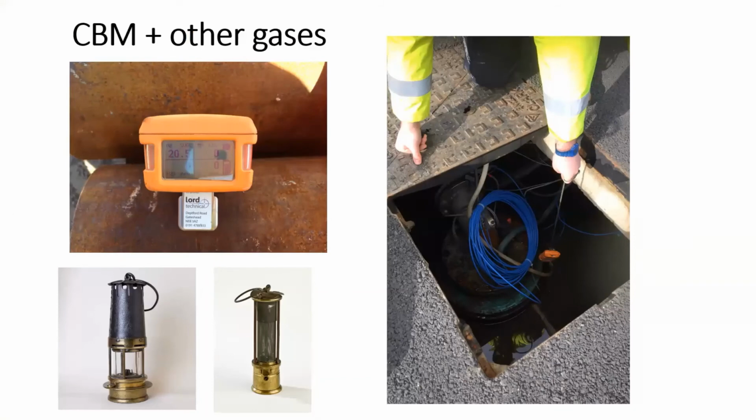Question arises, what about the methane that might be down there? Well, we're talking about flooded workings, but of course, these workings tend not to be gaseous now, but they were in the past, and that brings me back to these photographs here of a Davy and a Geordie lamp, and they are particularly relevant here because if we take ourselves back to